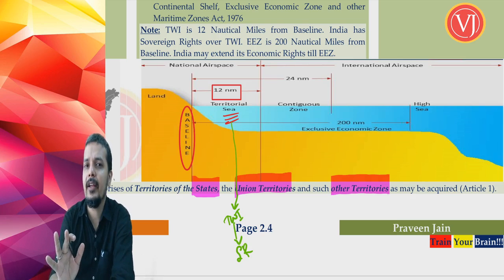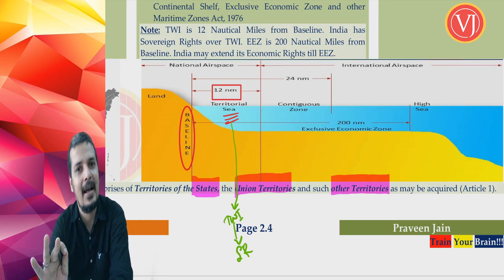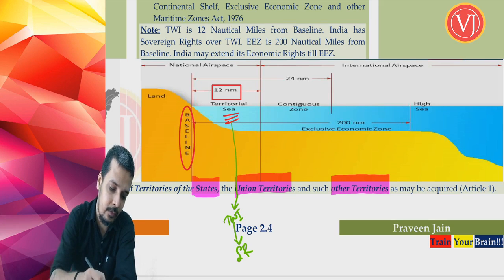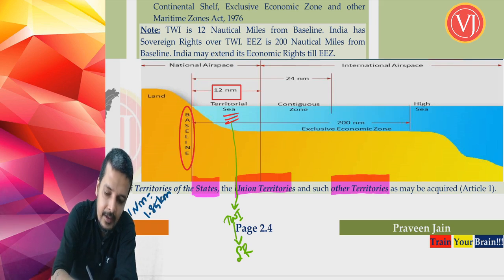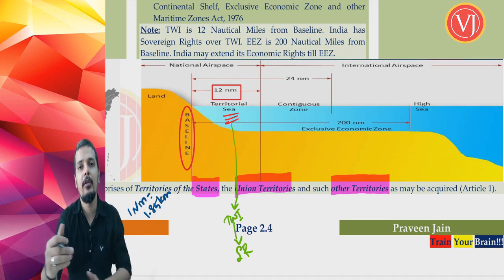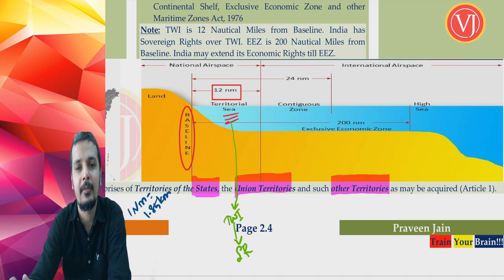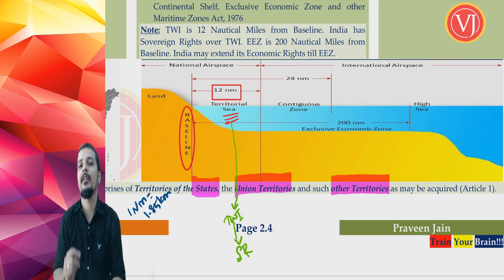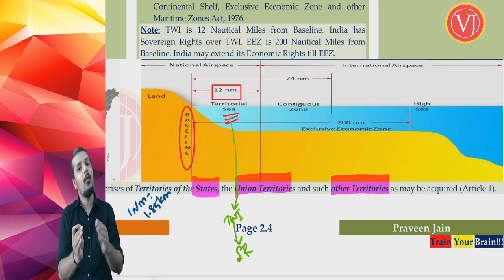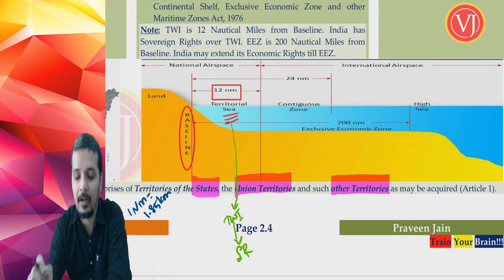And what is TWA? It is nothing but the territorial waters of India. Mathematically, it is equal to 12 nautical miles. The coverage is 12 nautical miles from the baseline. 1 nautical mile, mathematically, is equal to 1.85 kilometers. It is nothing but the measurement of distance in sea. When you go by road, you measure it by kilometers. When you go by sea, the measurement is by way of nautical miles. So 1 nautical mile is approximately equal to, my friends, 1.85 kilometers. Now coming back to the topic: sea area, TWI will always be a sovereign part of India.